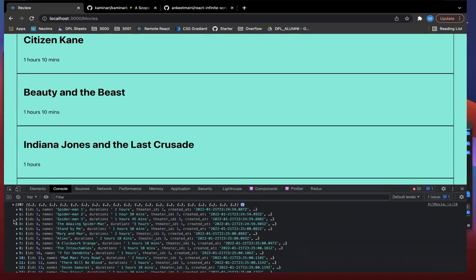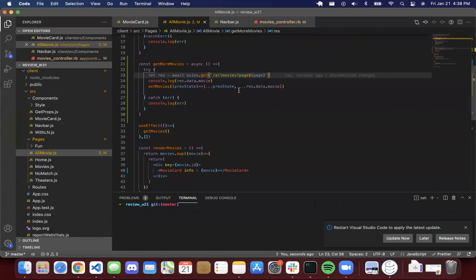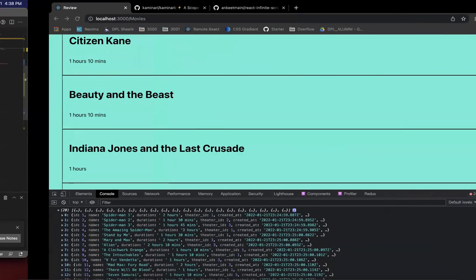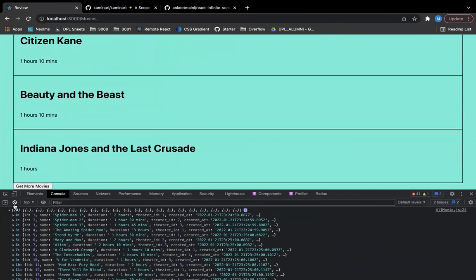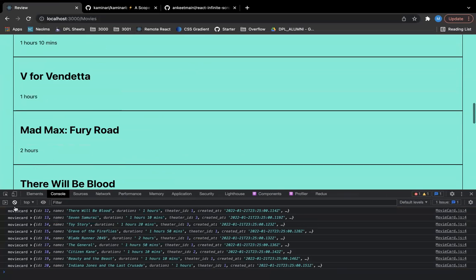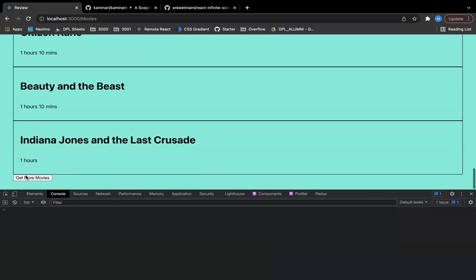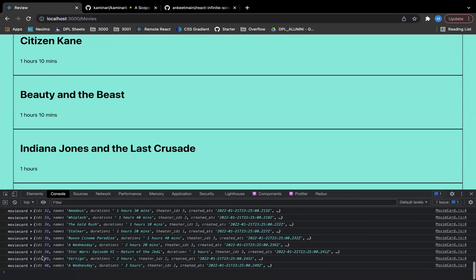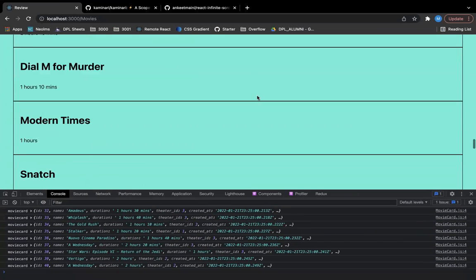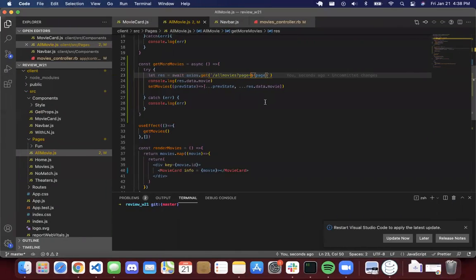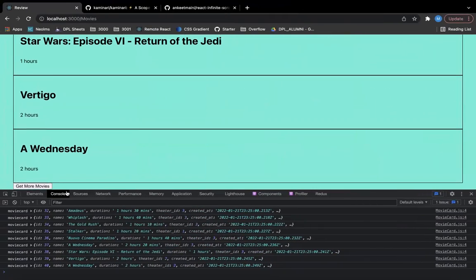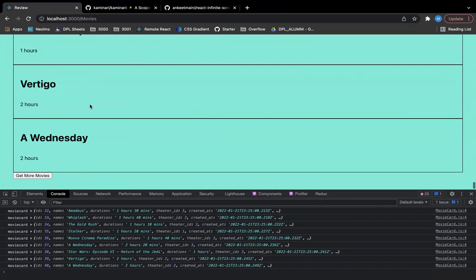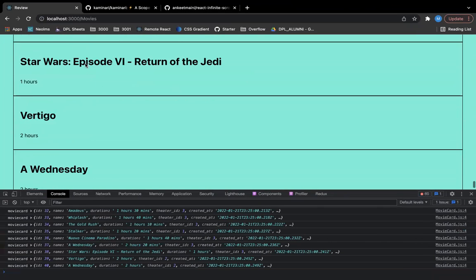So we are getting it. It's kind of getting more, but it's not. Oh, I forgot the equal sign here. But let's try this again. Refresh the page, clear, let's go down, get more movies. And now we have movies until 40, and we should be able to just go down more. We're gonna want to add something else to this, because otherwise if you scroll all the way down,